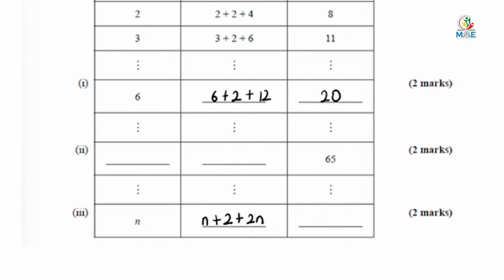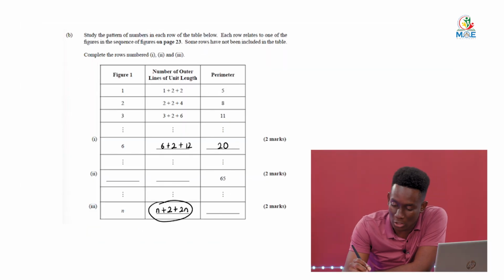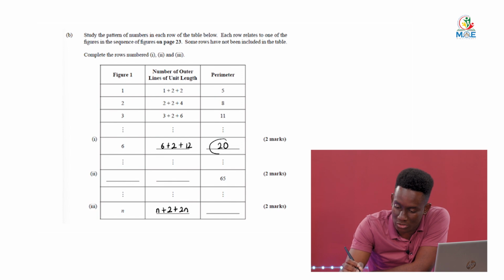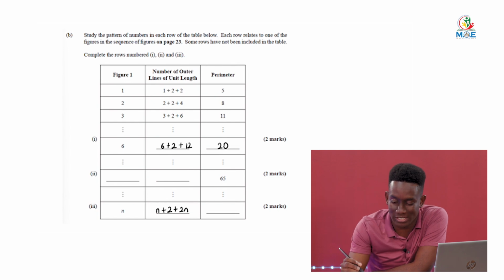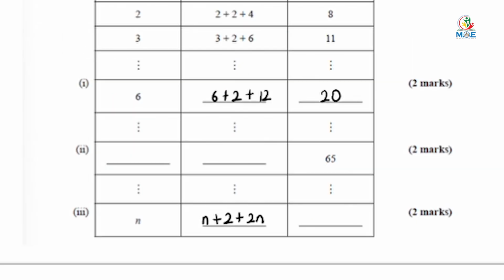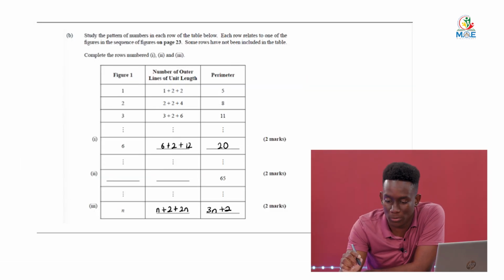And this will give you the formula for the number of outer lines of unit length. And then to find the perimeter, we see we're just adding up everything here. Because we added 6 plus 2 plus 12 would give me 20, and added the same here to get the perimeter. So all I need to do is simplify this to get the perimeter. So I'll have n plus 2n will give me 3n, and then this will be plus 2. And that is how I get the corresponding formula for each, the perimeter and the number of outer lines of